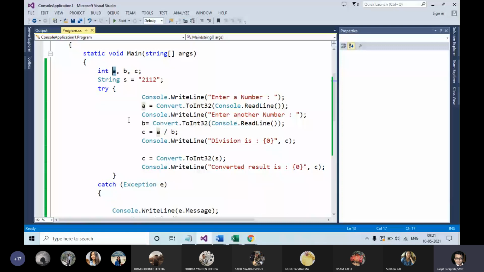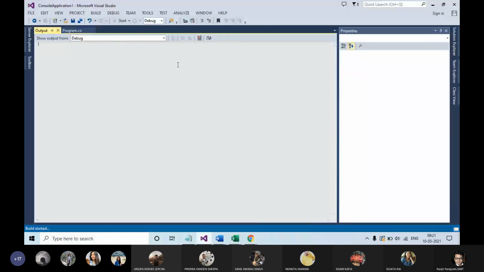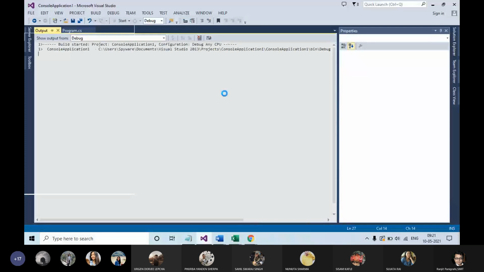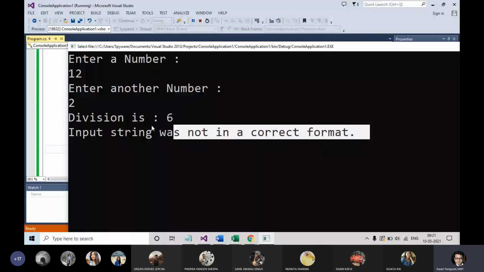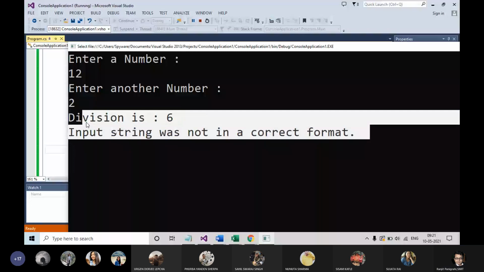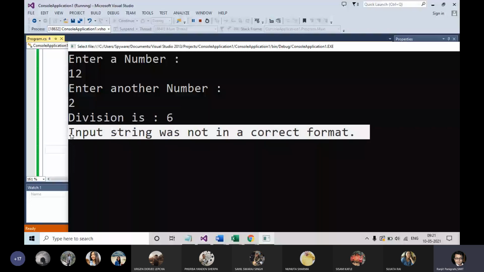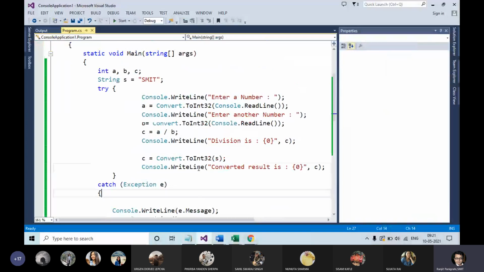Now suppose here, instead of 2112, it is SMIT. Input string was not in a correct format. Again, you are getting the same error, right? So why are you getting this error? Because you are trying to convert a string to an integer, which the compiler was unable to convert.